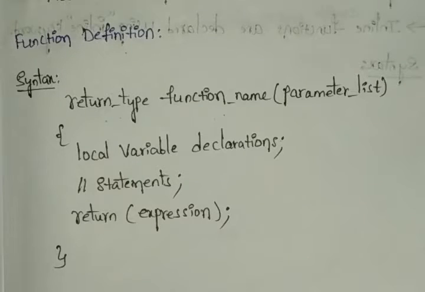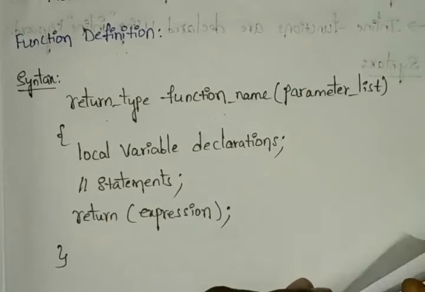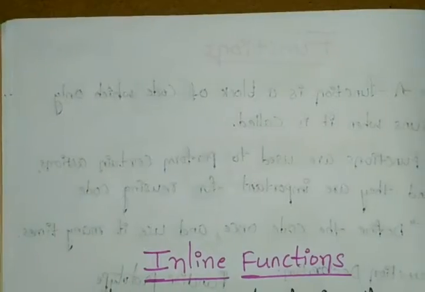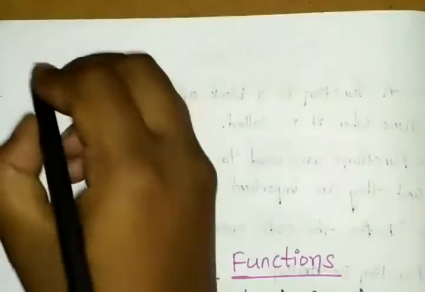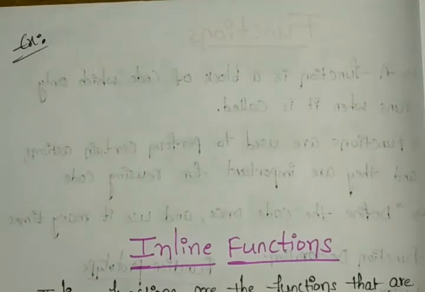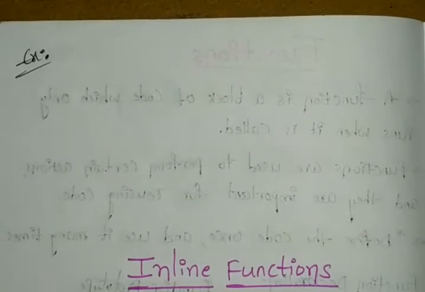Now we will see how we can perform it in the form of an example. We'll see how we can use the return type and local variables, what we need to take, and the statements like that. Now we can see. So first I'm choosing the example. In this example,